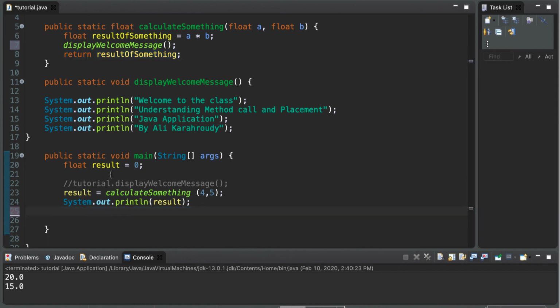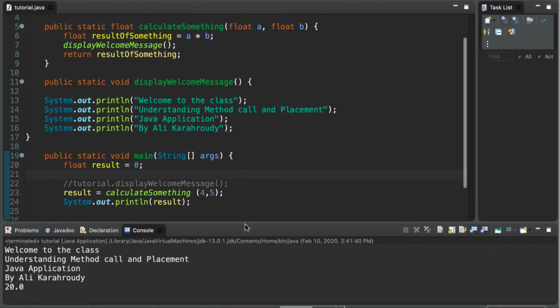As you can see, the only thing we do in the main is we set a result to be calculated something of 4 and 5, and then we print it out. We never called the display welcome message within main, as you can notice. But if I run it, let me just pull this up so you can see the result. Yes, you see that everything in display welcome message happened and then the result happened, and that's because when the